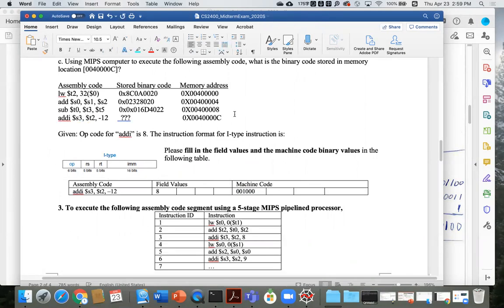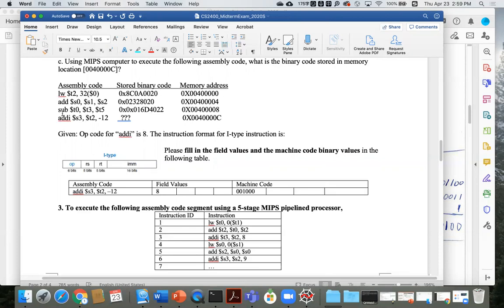For ADDI, if you check the slides for MIPS assembly code, the very first time when we introduce the MIPS assembly instruction format, we have the reference sheet I gave you. For the first couple labs, you keep using that reference sheet, if you still remember. That reference sheet has the general concepts for R-type, I-type, J-type instructions. And for ADDI, which is an I-type instruction, your RT